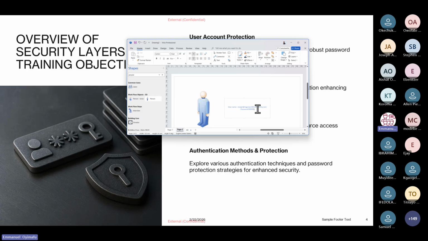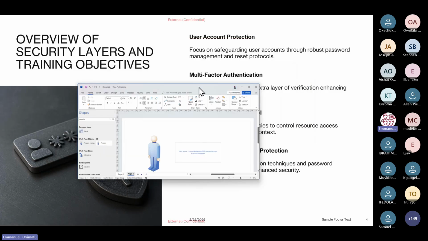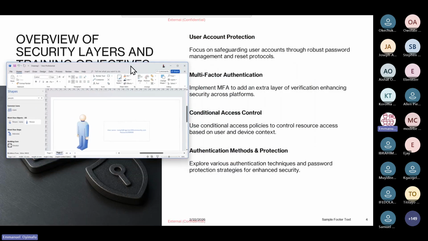They have gotten in, but maybe you want to now take the security further. You want to use, let's say, multi-factor authentication. If you want to implement multi-factor authentication, it's like you are adding an extra layer of verification. The first verification here is to prove that Joseph is who he is by providing his password. And if the password is correct, then he will be able to access the service he wants to access, be it Exchange Online, Office, or Entra ID.